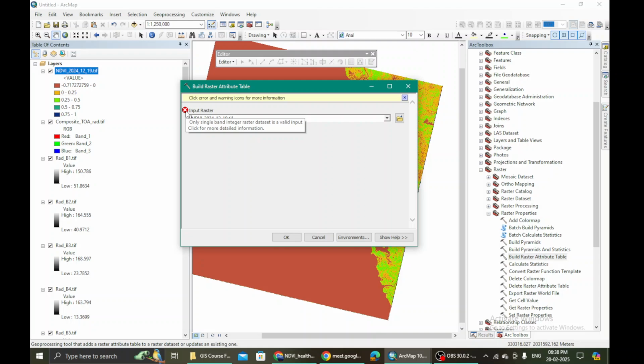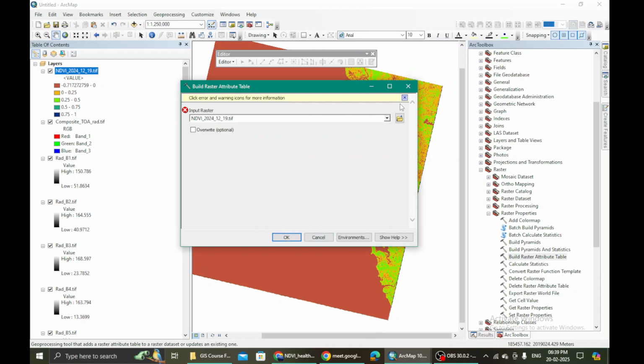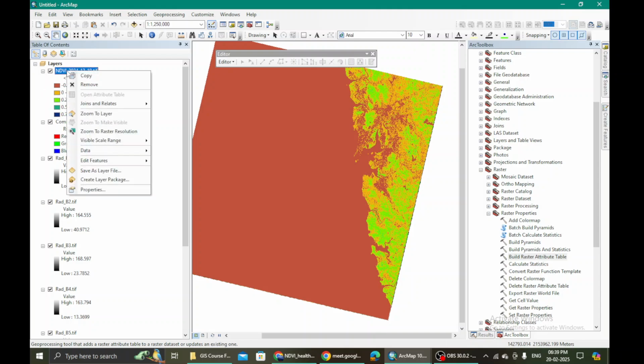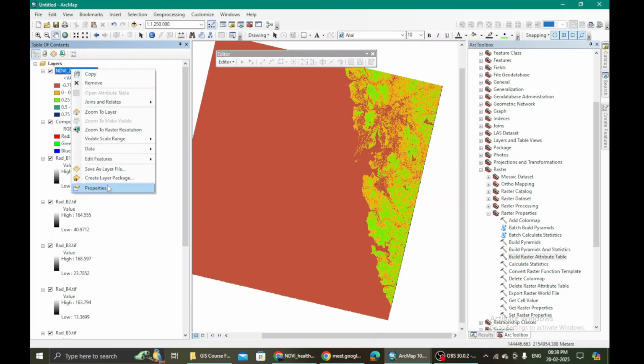NDVI integer raster is invalid, single band integer raster is invalid. Okay, fine, because our NDVI values right now are in decimal, that is why it is not taking it up. Okay, but we have other ways to do it.